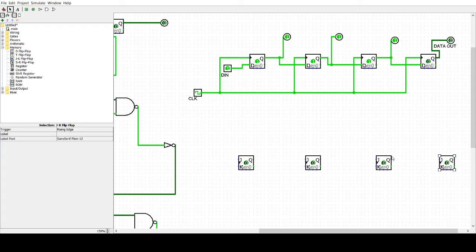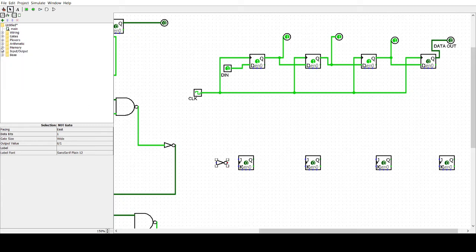See, in the ripple counter the common clock pulse will not be given. The clock pulse will be given to only the first JK. Say I am going to design using negative edge triggered flip flops. Here the flip flop I have is positive edge triggered. So I am going to use an inverter at the input, and then I need to use a clock signal. The clock signal can be taken from the wire. So connect the clock signal, and the output is connected to here.